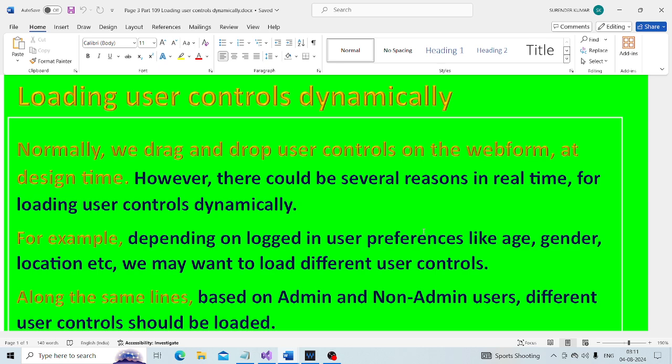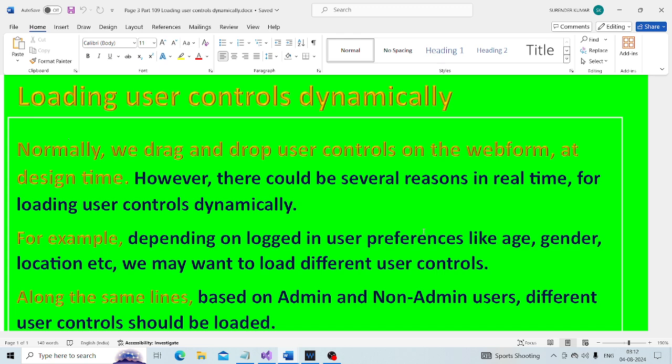However, there could be several reasons in reality for loading user controls dynamically. For example, depending on the logged in user's preferences like age, gender, location, etc., we may want to load different user controls. Along the same line, based on admin and non-admin users or the role they belong to, we may want to load different user controls. Let's see how to do that.